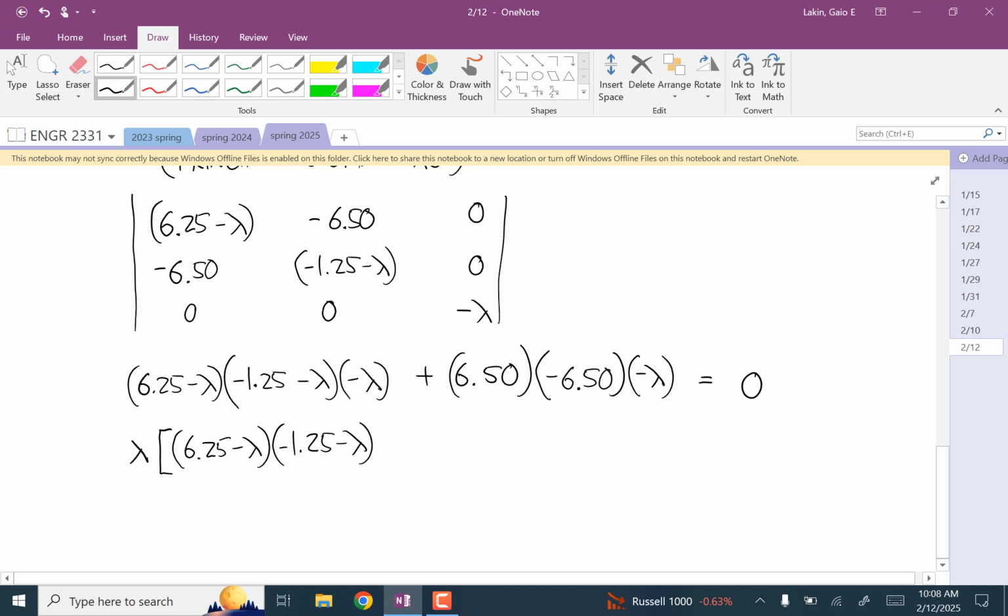I'll just keep going here. And then plus 6.5 squared, 42.25